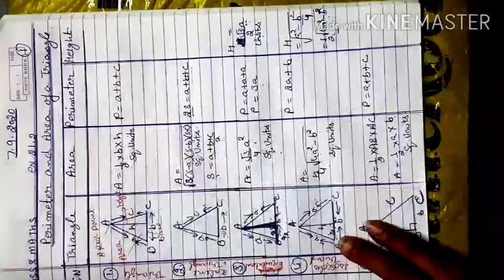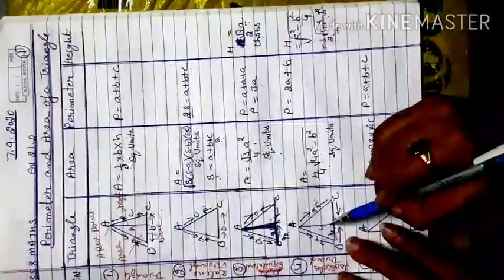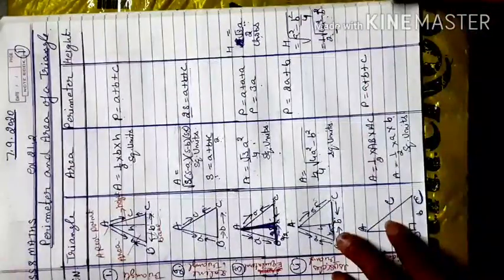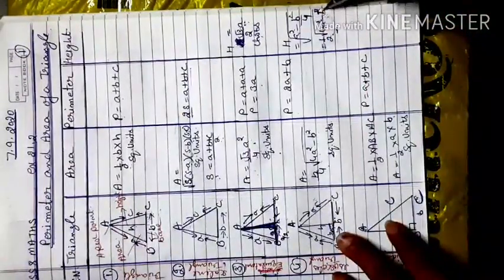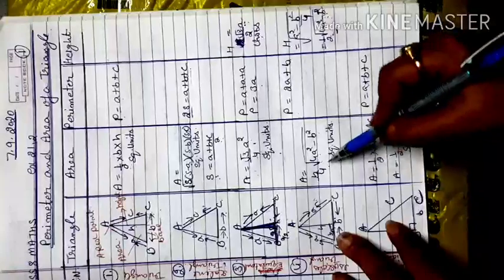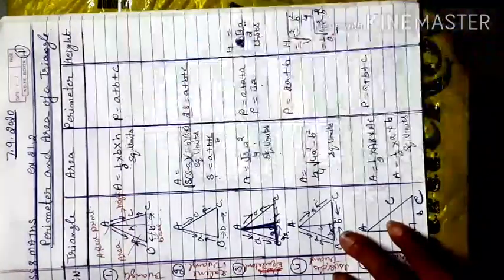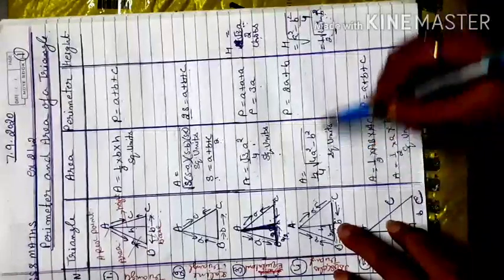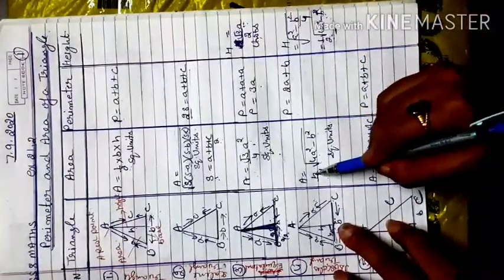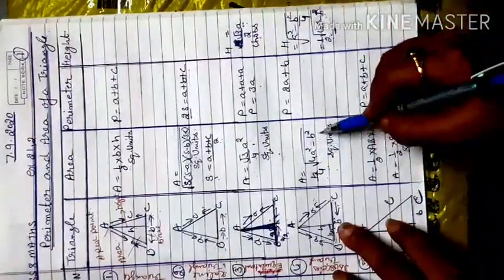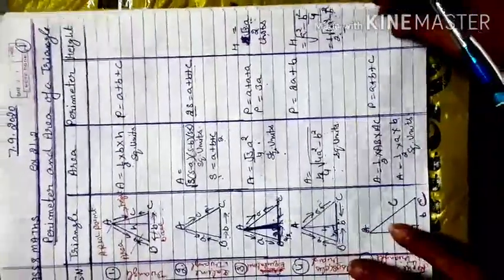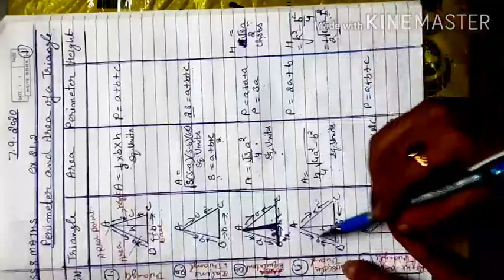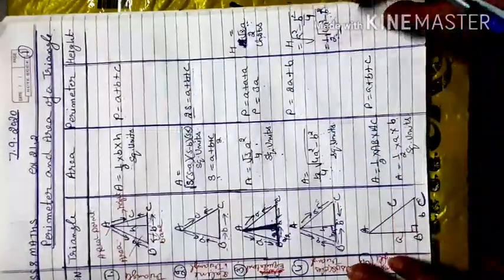This way, if you forget in the exam, by Pythagoras theorem making a right angle triangle, you will find the formula of the height. So that is root 4a square minus b square. And if you have to find the area, simply the basic formula, half into base into height. Base is b, half, and already 1 by 2 is there, that becomes b by 4, and this is height root 4a square minus b square. So that is the isosceles triangle area formula, and for perimeter you have to add the sides.